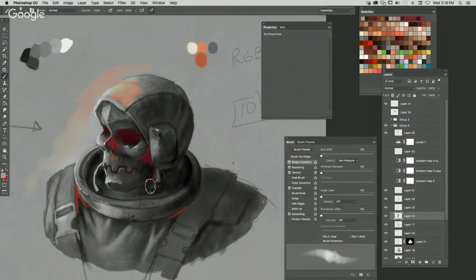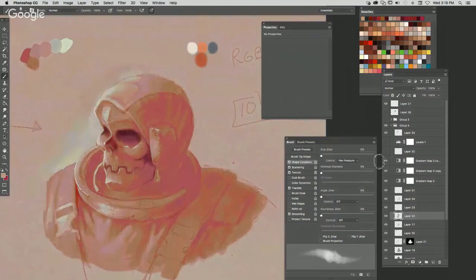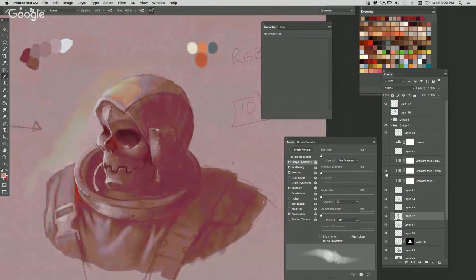But anyways, don't be afraid with color. I think experimenting with color is the best way to start understanding and learning what color combinations work well and what combination colors do not work well at all. So keep playing with it and have fun with color. I think that's the best advice I can give you guys.